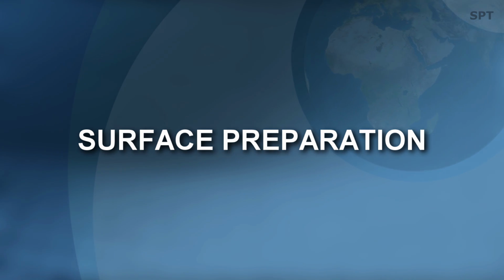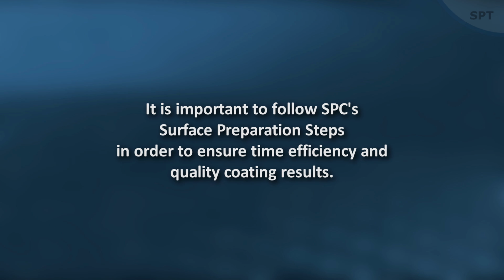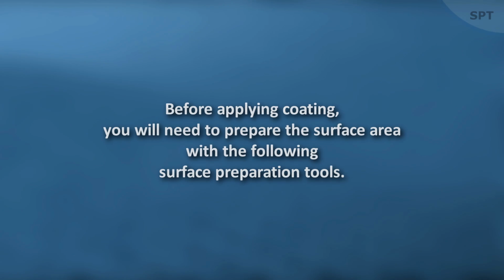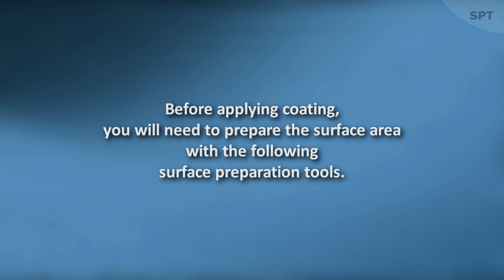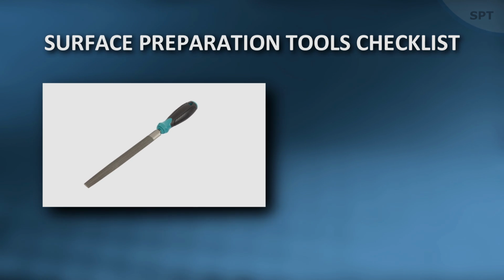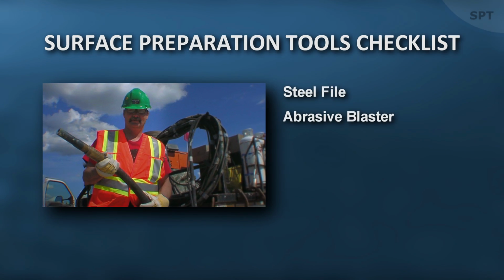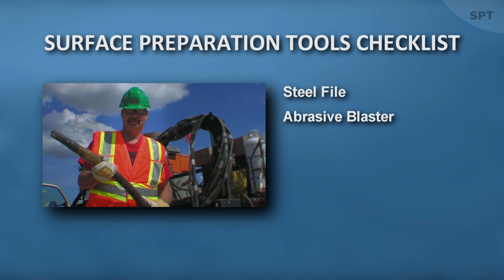Surface preparation. It's important to follow SPC surface preparation steps in order to ensure time efficiency and quality coating results. Before applying coating, you will need to prepare the surface area with the following surface preparation tools: a steel file to remove weld spatter, an abrasive blaster to clean the surface area, produce an anchor profile, and enhance surface adhesion,